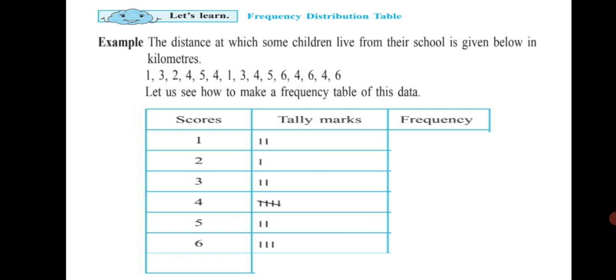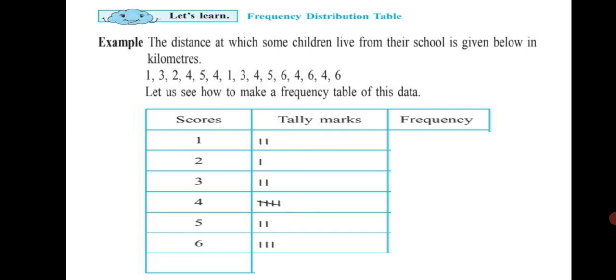Now you will see the number 4 is appearing 1, 2, 3, 4 and 5 times. If any number appears 4 times, you just put 1, 2, 3, 4 standing lines. But for the 5th line, you put a slash. This way, it becomes easy to count the tally marks and write the frequency when the score appears too many times. For example, here the score 4 has appeared 5 times. By looking at this we come to know, because the slash is for the 5th one.